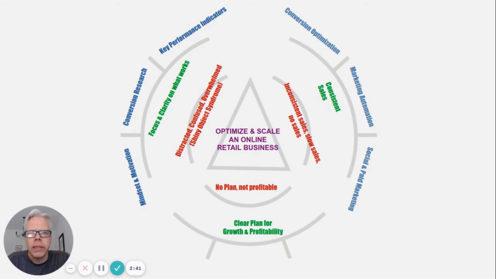Going into consistent sales, the next part in the journey to optimize and scale an online shop is to dive into conversion optimization. So that's really practically going into your store, seeing if there are any roadblocks, anything that prevents people from buying from you, seeing where they bounce off your store, where they are basically not willing to pull out their credit card to buy from you. So this dives really deep into it. I normally do a conversion optimization audit on your store, get all the strategies and tactics to put in place to optimize the customer journey through the store to make the purchase process easier.